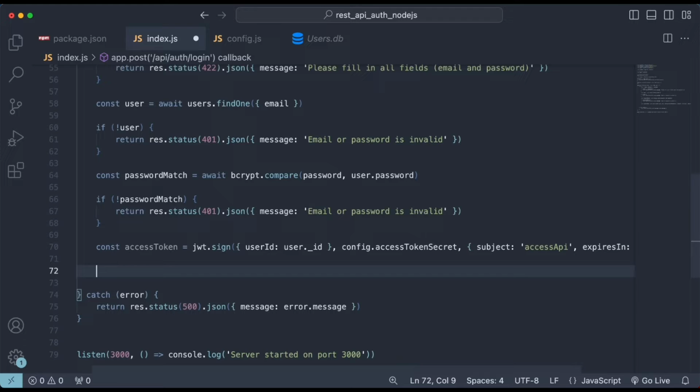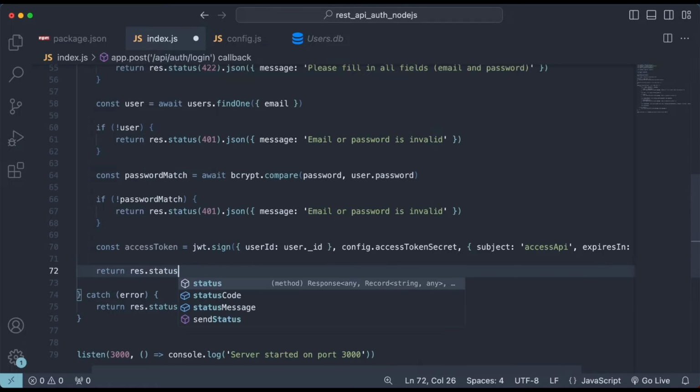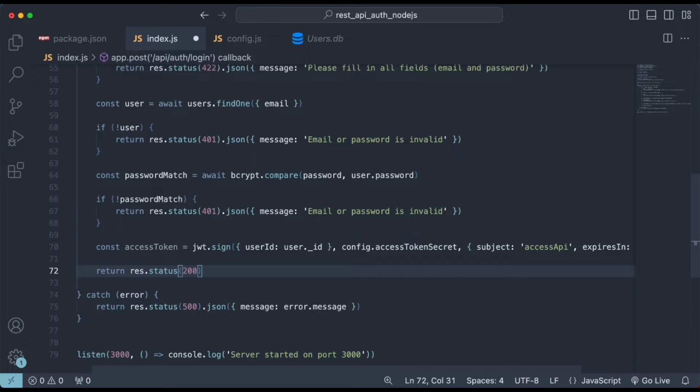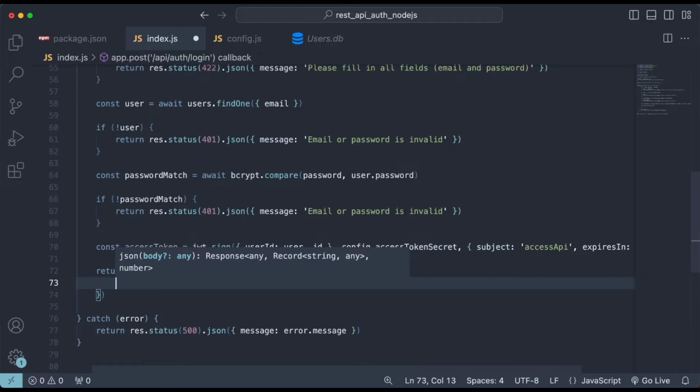and we can add some details from the user as well, like the ID, name, email, because if the client is a browser or a mobile app, it might want to show the username or email on the top of a menu bar or a sidebar, for example. So return response.status, and we're gonna use the 200 OK status code .json, and inside the object we can send the user ID, for example. So ID equals to